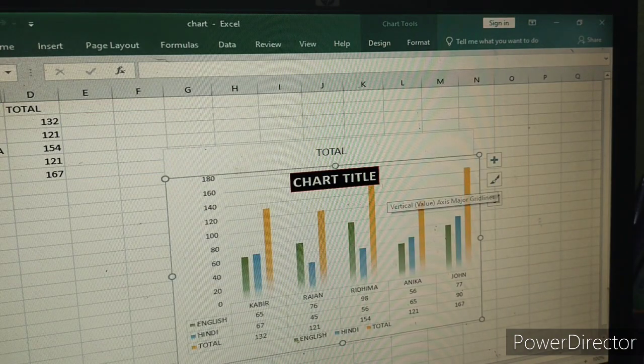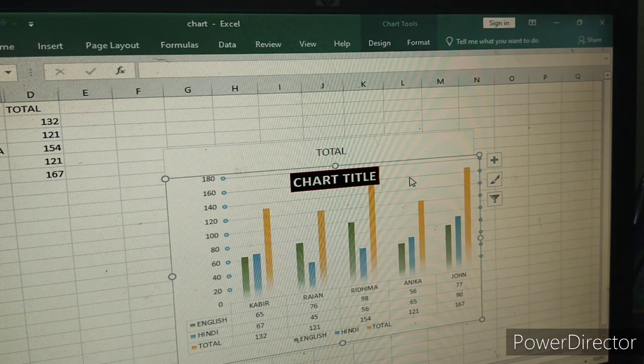See, my chart is now showing in sheet number 4. All right, so with the help of the Design tab, Location group, Move Chart option, you can move your chart to any sheet, or to a new sheet, with the help of the Design tab.